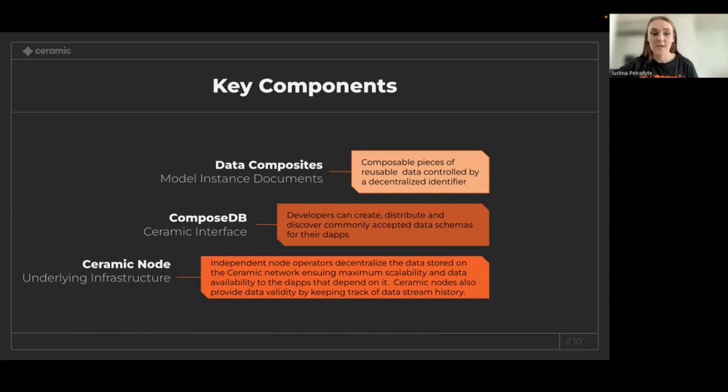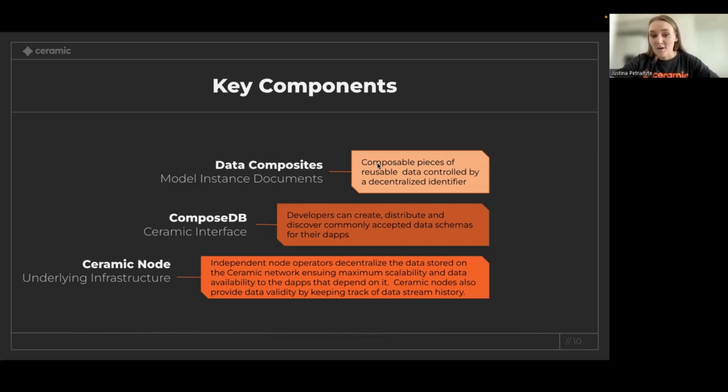Then on top of that, we have ComposeDB, which is a GraphQL interface. This is what you can use to create those data models that I mentioned before. This is where you can perform indexing so that it's much easier and faster to access the data. And this is how you can interact with data much more easily by writing quite simple GraphQL queries. I will show you a quick example of that a little bit later.